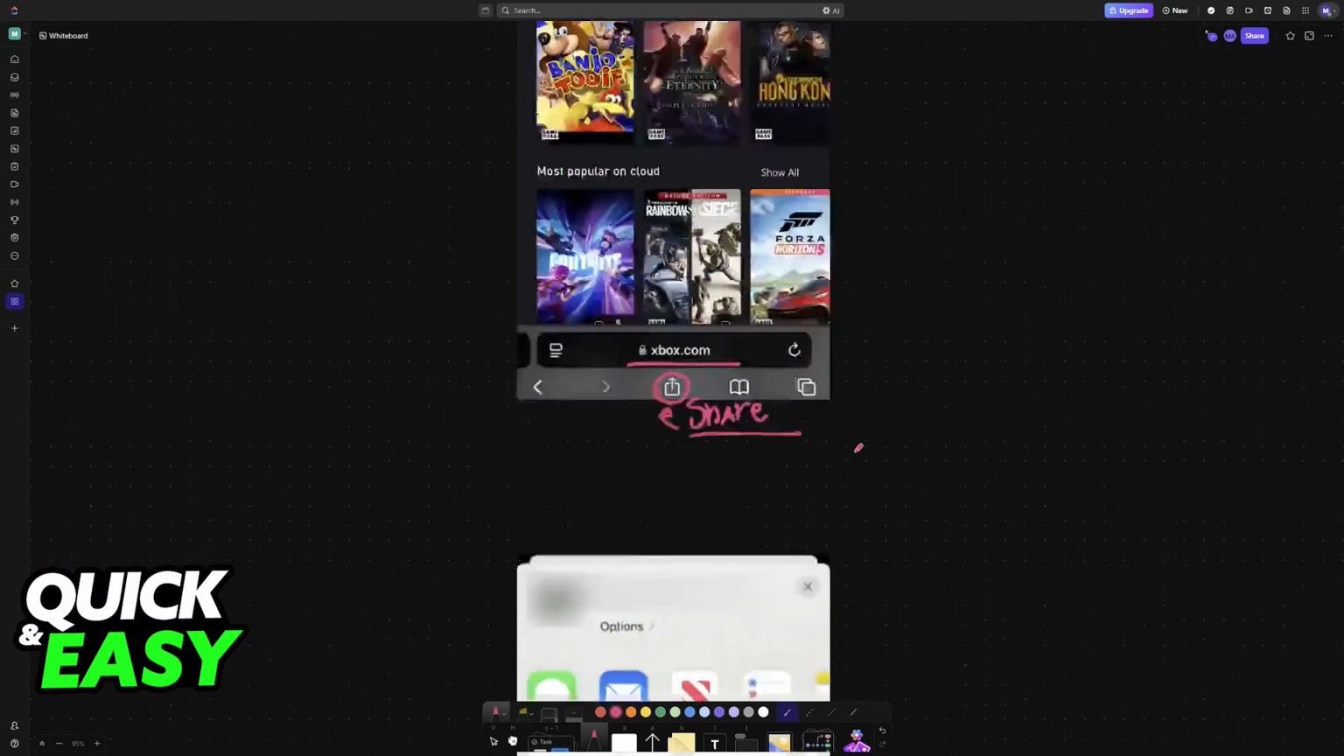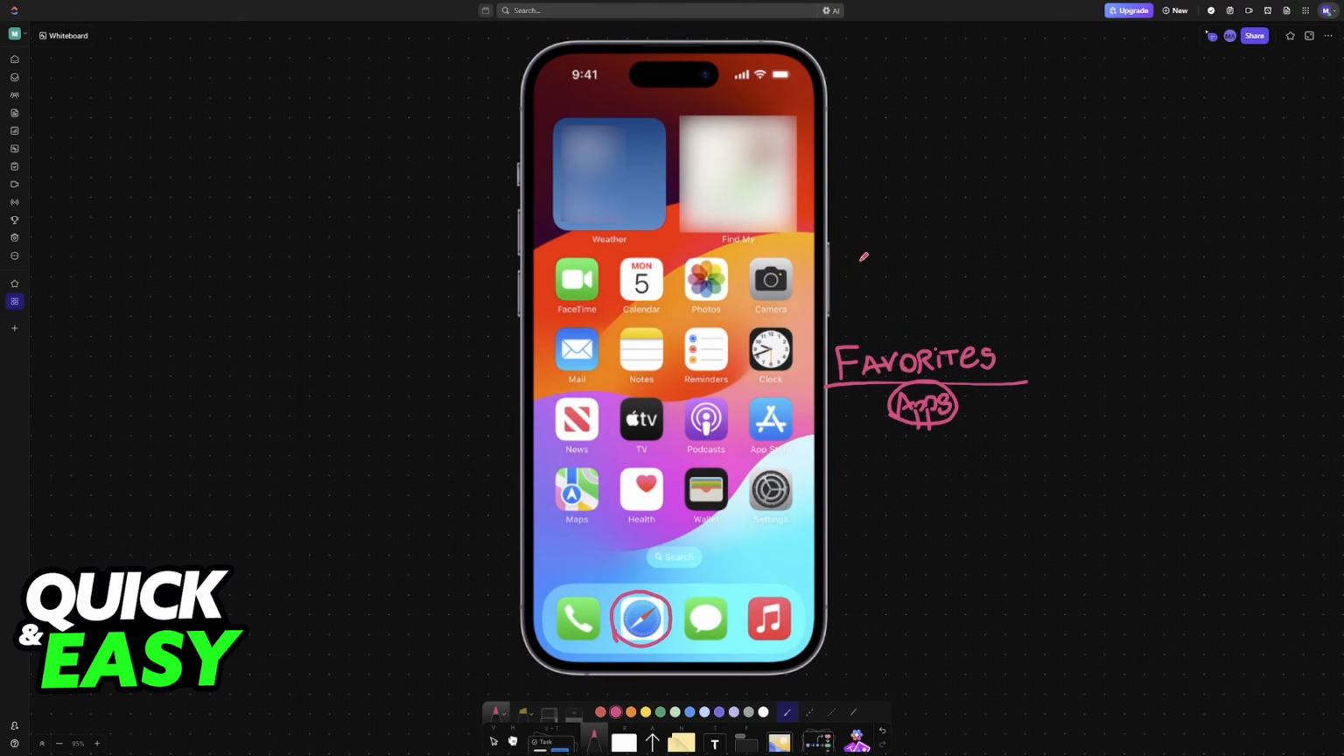And as long as you do this through the home screen or Safari or other web browsers, you can access your apps with ease. I hope I was able to help you on how to add apps to favorites on